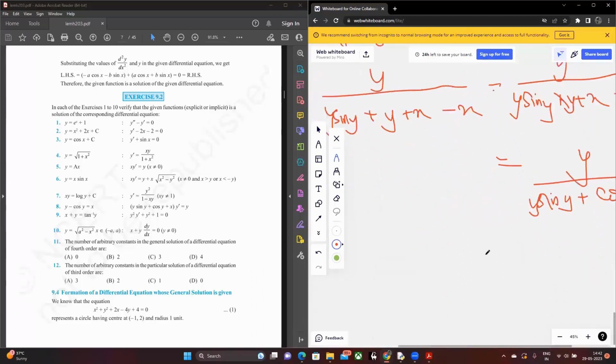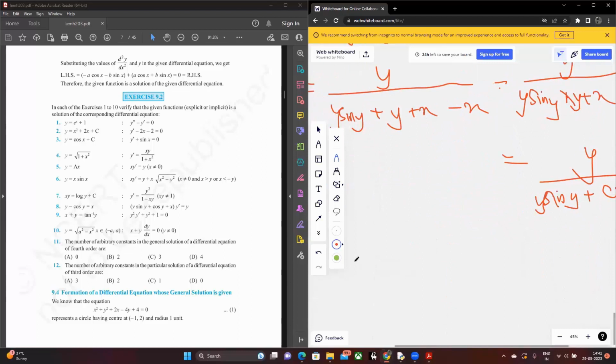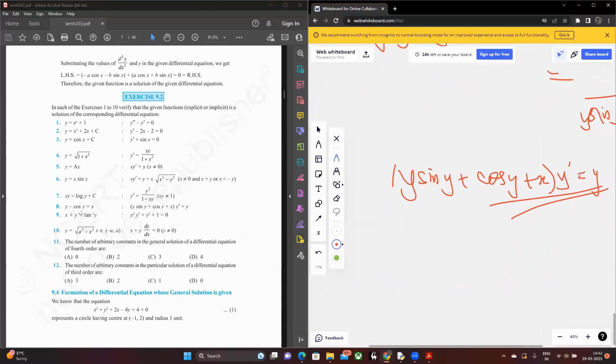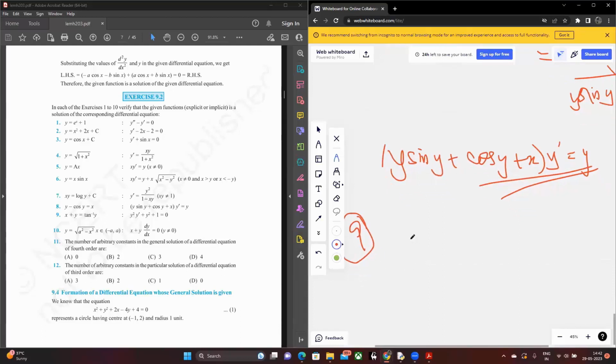right? Finally, cross multiply and you finally get the fact that y sin y plus cos y plus x times y dash equals y, right? Sorry for coughing, my throat is actually